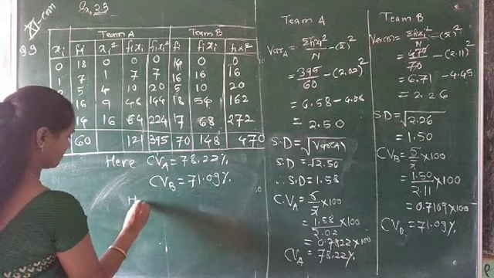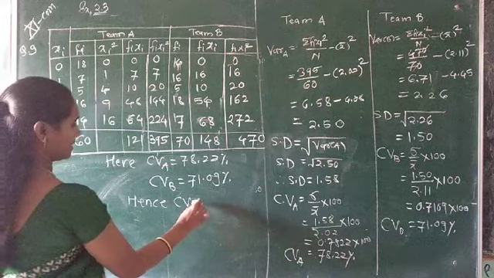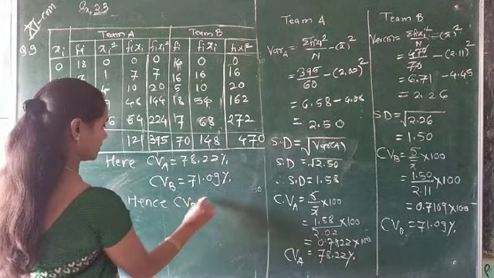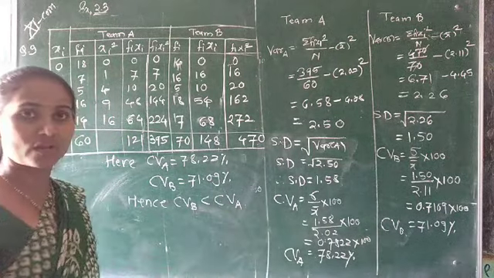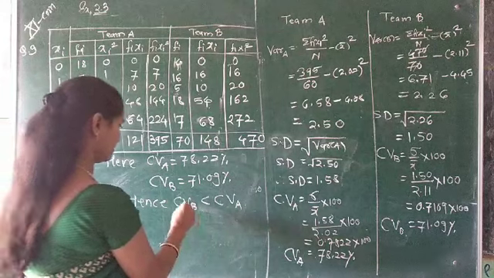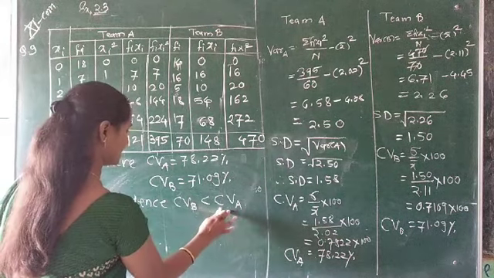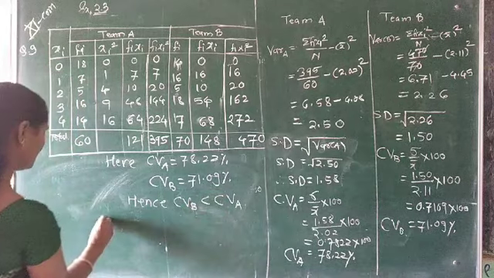Hence, CV B is less than CV A. That means team B's CV came out smaller. Hence CV B, that means the team B,